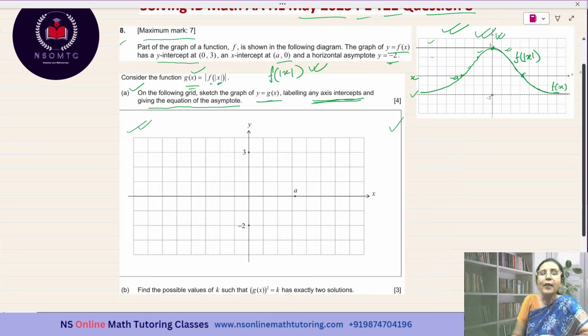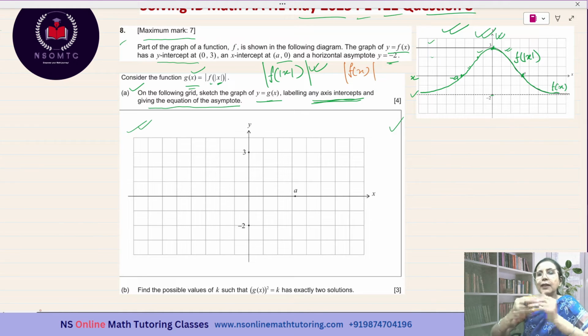And then we have to get this part, modulus of f of modulus of x. So we know how to sketch the modulus of f of x function graph. The portion which is below the x-axis will come up above the x-axis and the x-intercepts will be the invariant points. So these two are the two invariant points. They are on the x-axis. And the y equal to -2 was the horizontal asymptote. Now the equation of the horizontal asymptote will be y equal to +2.